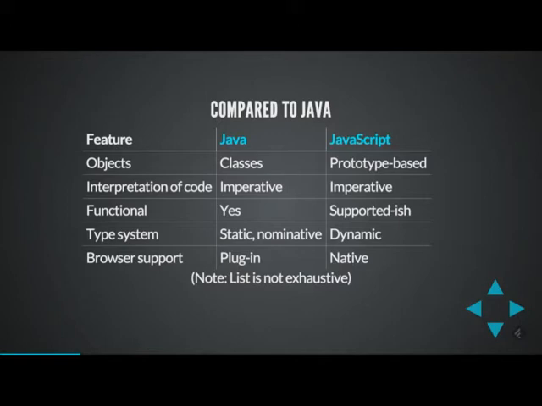Also, another important feature of JavaScript is that it's dynamic, which means that you don't build your JavaScript code. It runs straight in the browser, and the browser takes care of the interpretation of your code. In Java, you usually build it to a class file or a Java file or whatever, and then you can run that file using some sort of Java runtime environment. You don't need that. Everything is run straight from the code, which means that you have